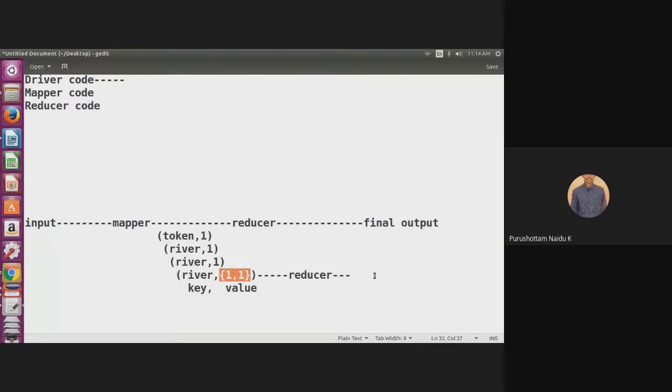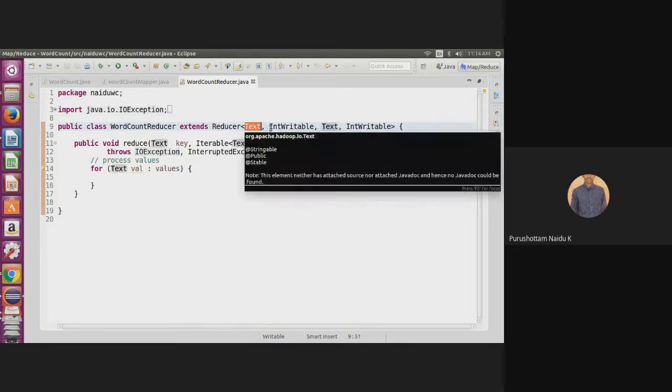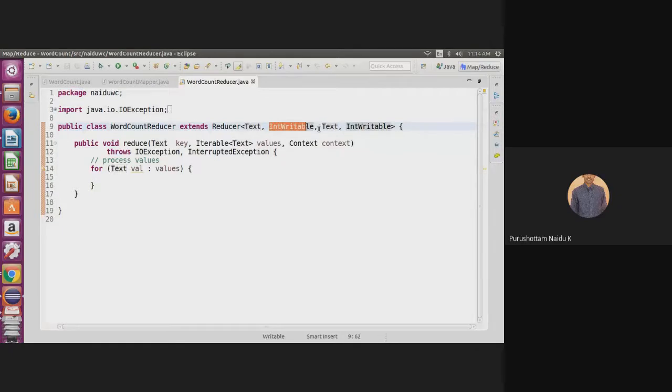Token comma total count, for example river comma 2. This is the final output of the reducer. Again in the reducer output, the key is text and the value is IntWritable. So the reducer input types are key text, value IntWritable, and the reducer output types are key text, value IntWritable.